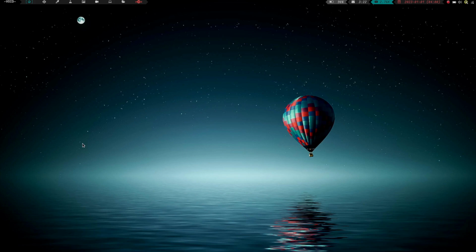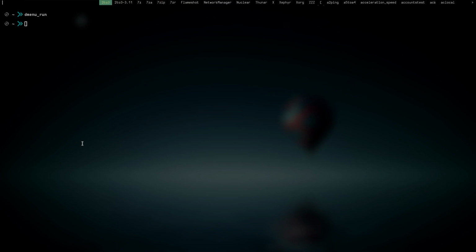menu system for launching stuff, I used to use dmenu, which if we launch a terminal here and I run dmenu_run, you can see I still have dmenu set up on my system. Dmenu is a great tool. I don't dislike it. I didn't stop using it because I disliked it,